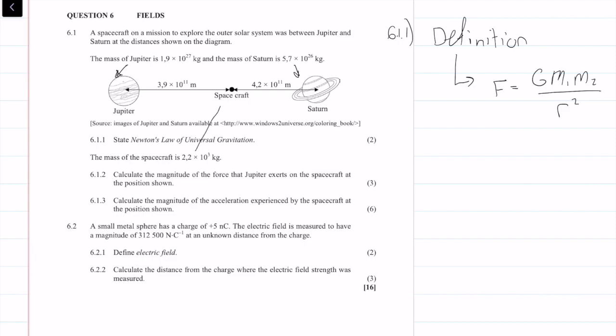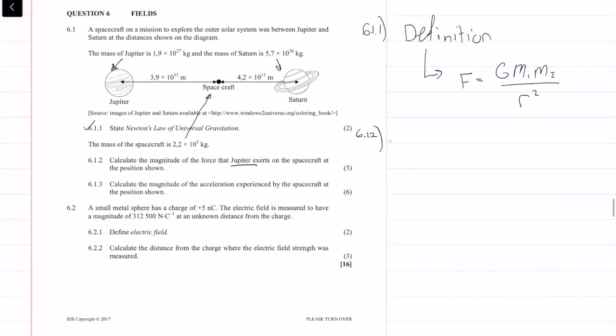And then we are also given the mass of the spacecraft as 2.2 times 10 to the 3 kilograms. Okay, so 6.1.2 says calculate the magnitude of the force that Jupiter exerts on the spacecraft at the position. Basically, we can say that the force that Jupiter exerts is going to be equal to the gravitational constant times the mass of Jupiter, let's go with simple J, times the mass of the spacecraft